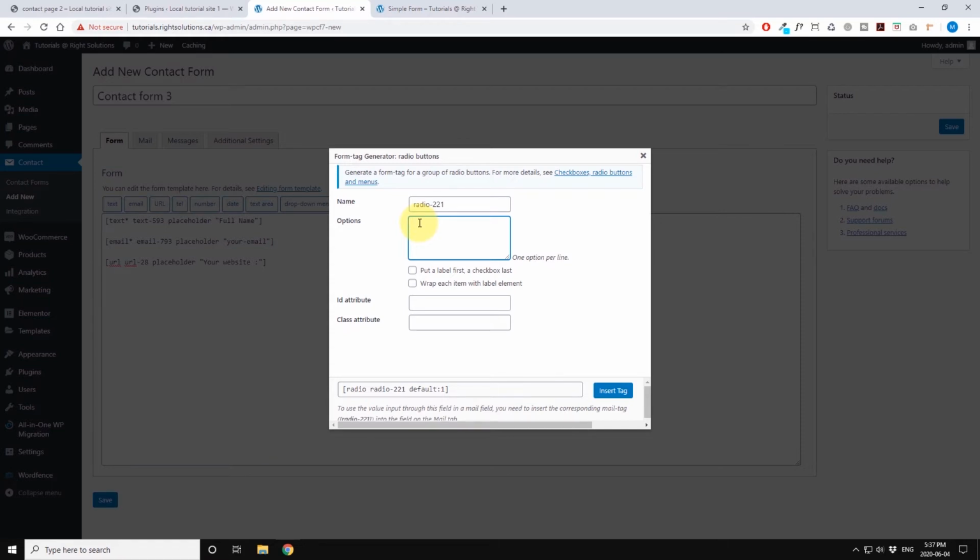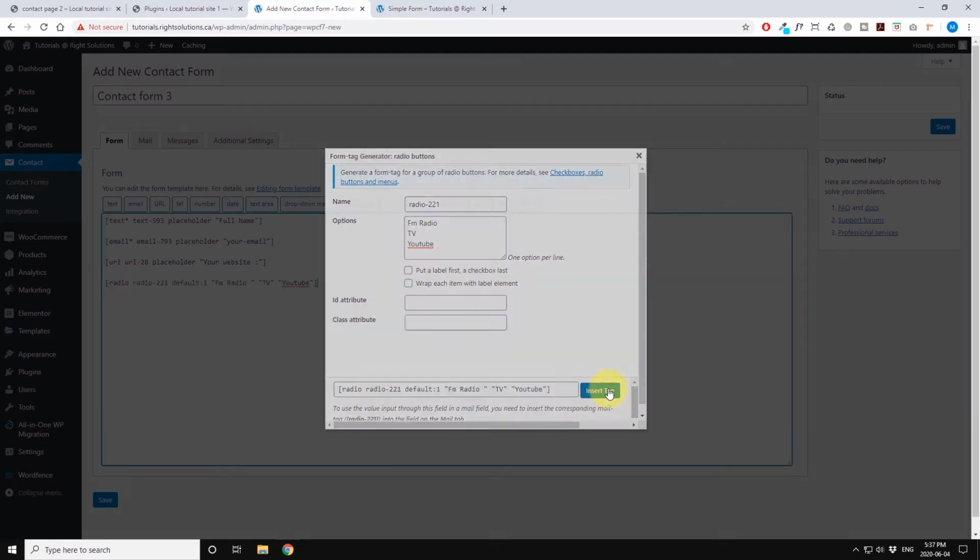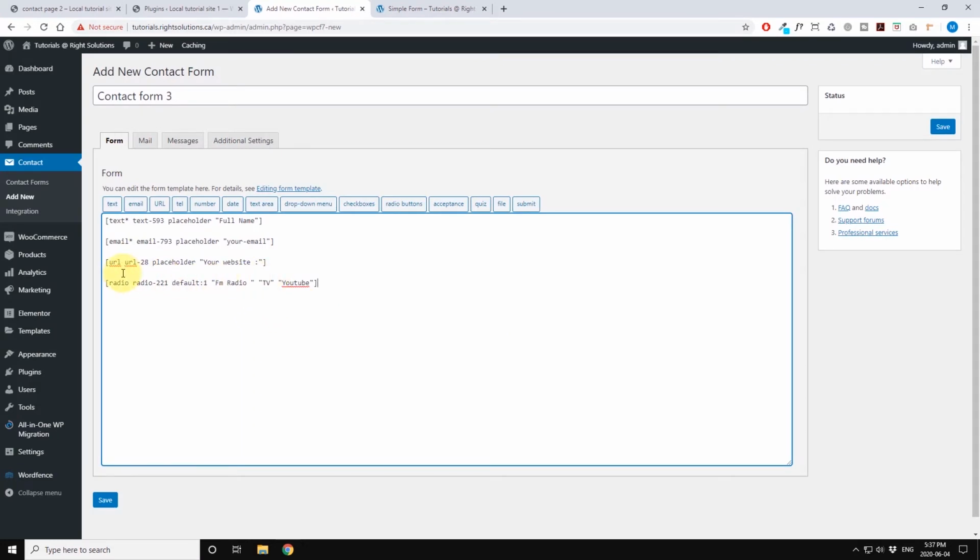Let's say on the FM radio, but keep one option, one line. So just say the TV, YouTube. So we have these options. So put label first and the check at the last. This is your choice, but you don't need to let it go like this. So if you just insert this tag, so this tag is here inserted,